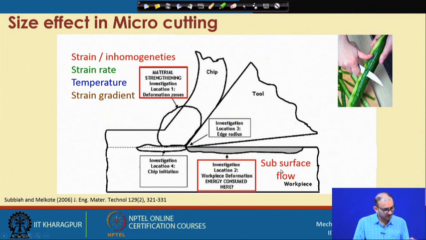And subsurface flow, that is what I have just told you. And the third discussion location is the edge radius. Now, we know that for each and every tool, our general diagram is this one, that we always show, where we put the tool something like this,